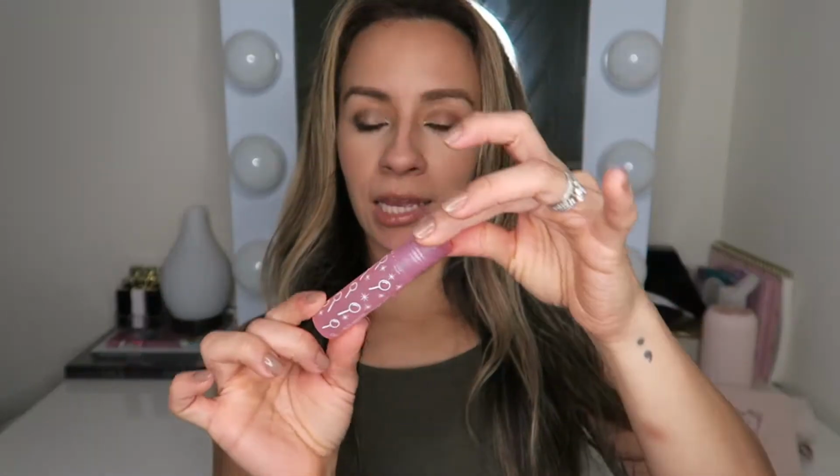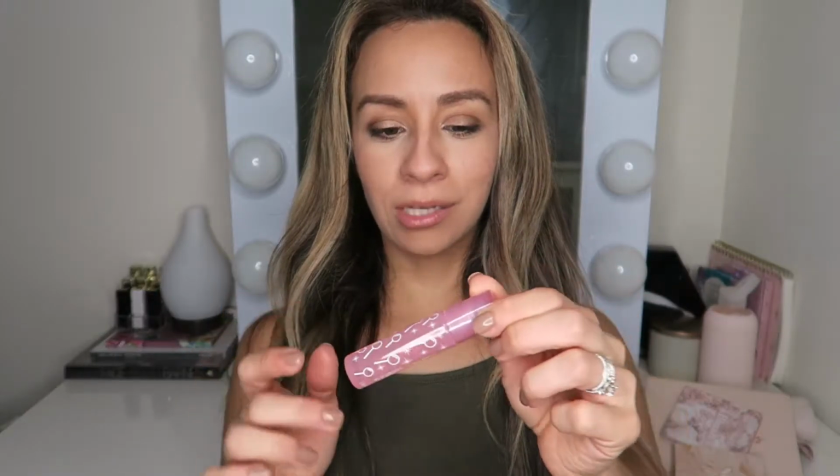This is what it looks like. My oldest one already opened hers. This is for my littlest one, and I think this is just clear, and it smells like cherry, and I thought it was super cute. And again, I just remember having these when I was little, and I loved just putting lip gloss on. So the next few things that I'm going to show you are from beauty supply stores and drugstores,